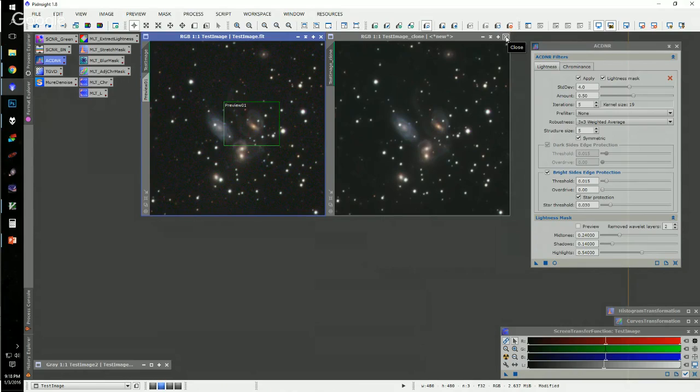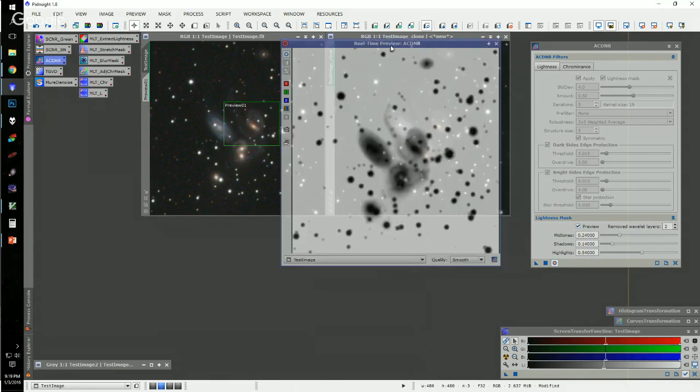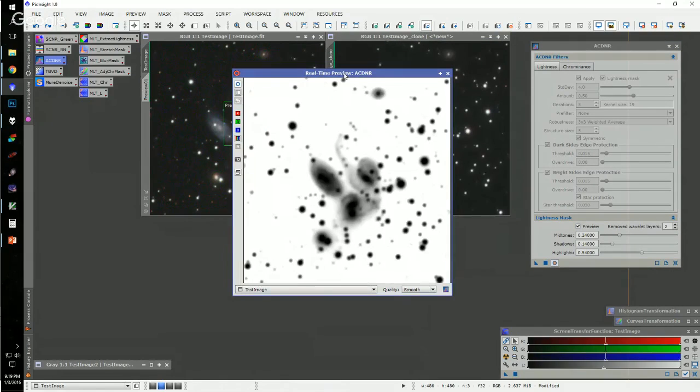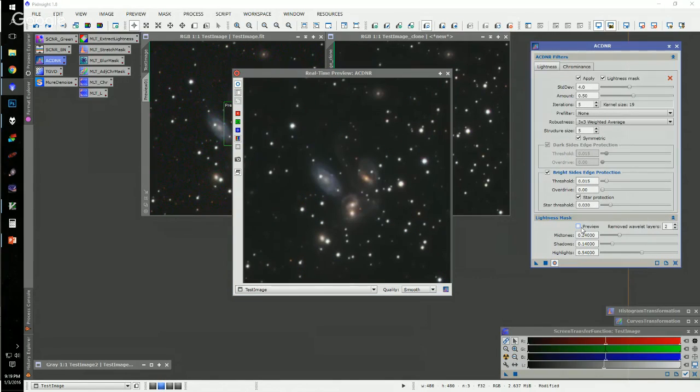David, with ACDNR and I'm trying to think which tools, some of them offer that preview circle, so you can preview the data. How do you find the value in that? Because if I end up setting the preview window to be high quality or strong, or whatever terminology they use, it doesn't always give me the same result that I'm expecting when it finishes. Like, for example, yeah, you're previewing the lightness mask right now. If you were to uncheck the preview, and so there at the bottom, quality smooth. Yeah. So this is